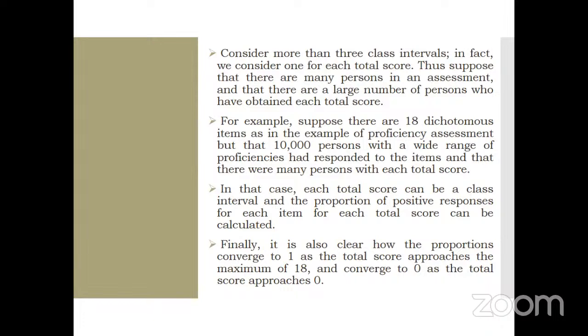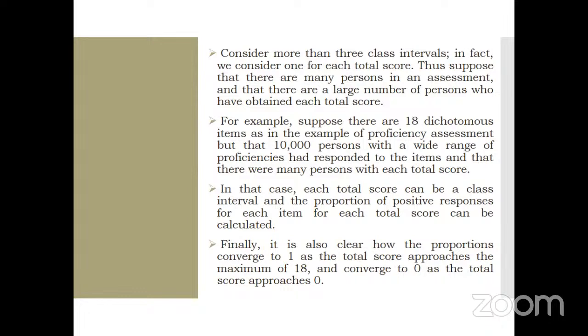Since there were 10,000 people, it is possible that one particular observed score was obtained by thousands of people. So maybe 2,000 people obtained a score of 3 out of 18, and 5,000 people obtained a score of